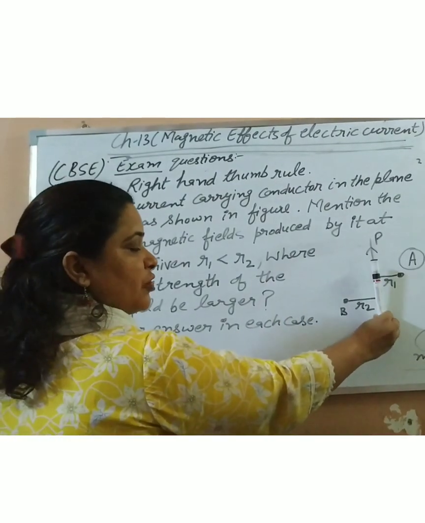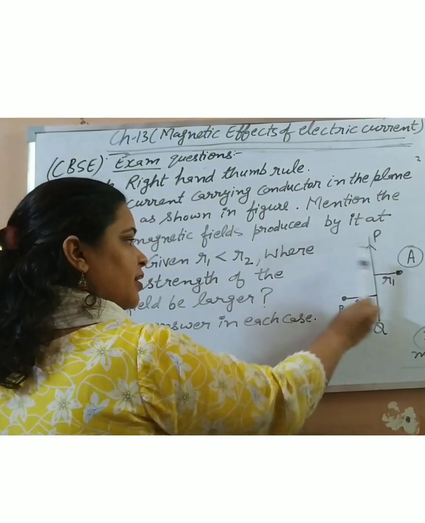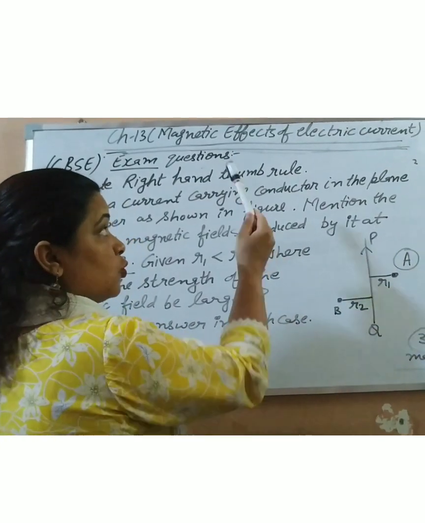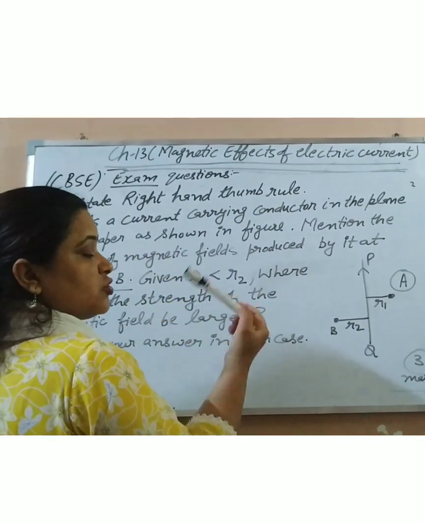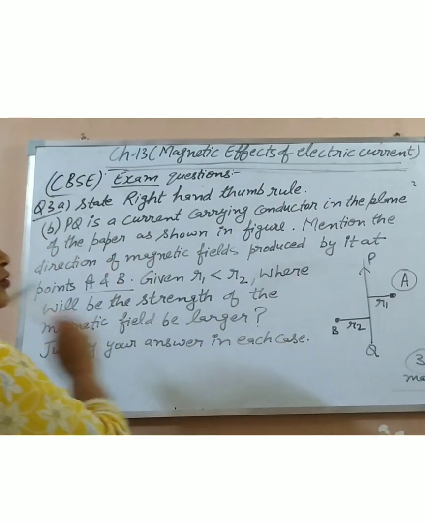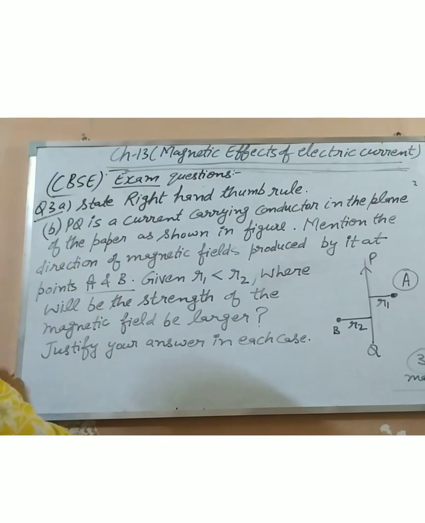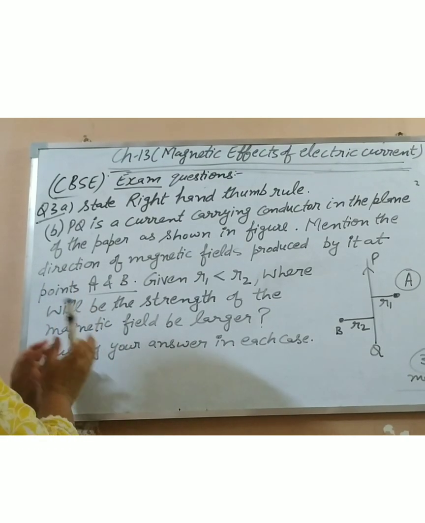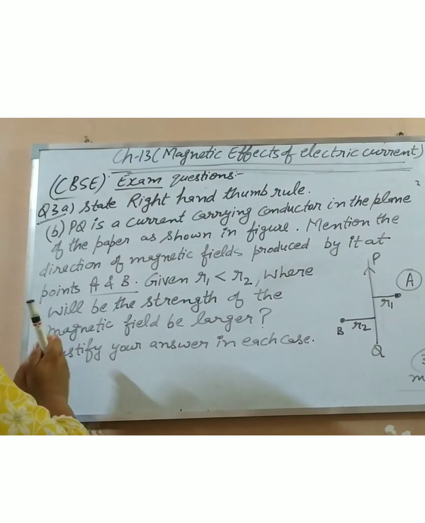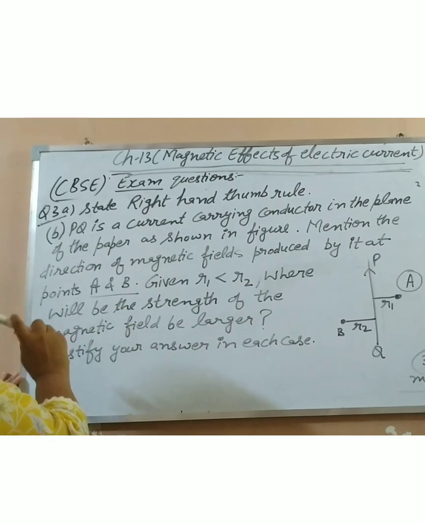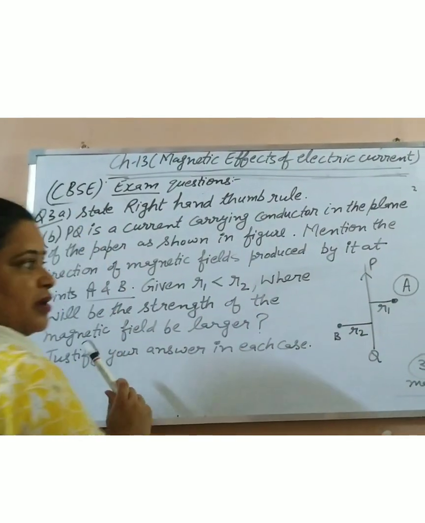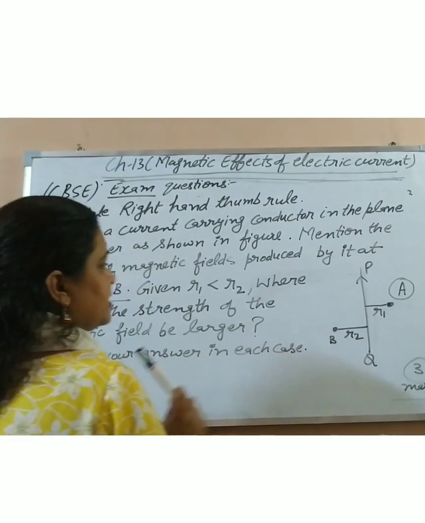As you know, the direction of current is the same, we have done that. Magnetic field lines are circular, and the rule also he has given himself in the question. So you will use your mind and find out the answers. We have already done this, but he has given it in a conceptual form, which is how they used to give questions in the exam. This is the first part: find the direction of magnetic field at A and B, different points.